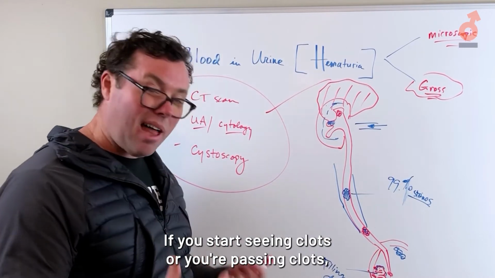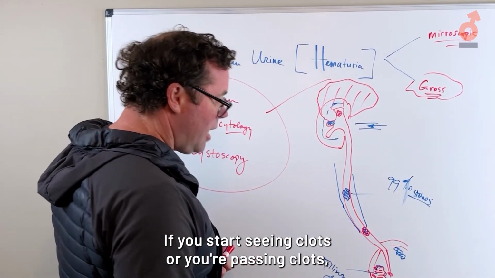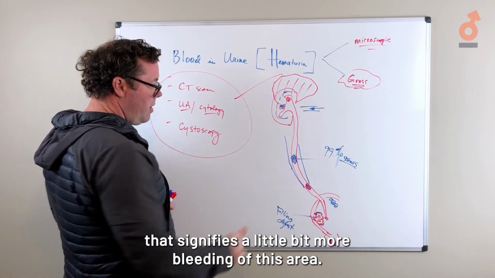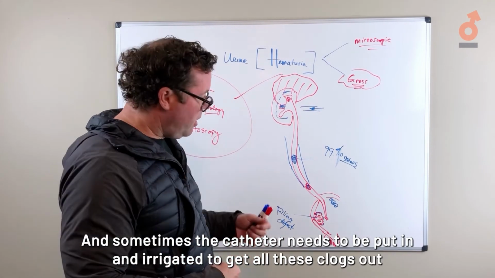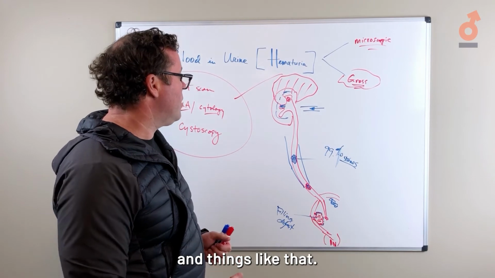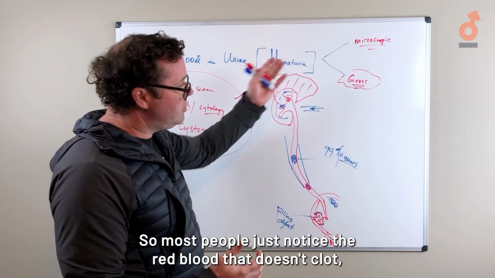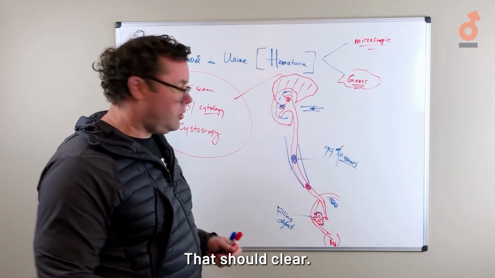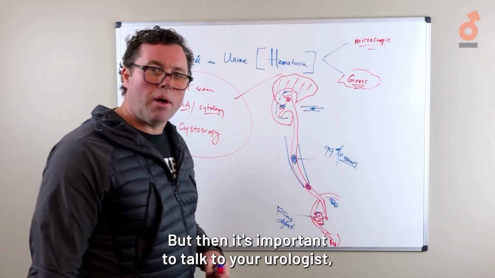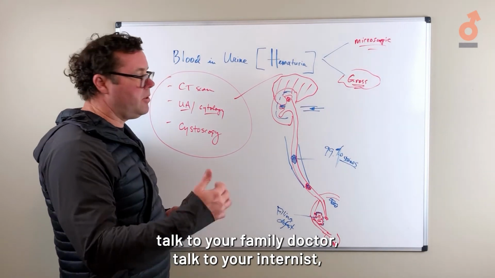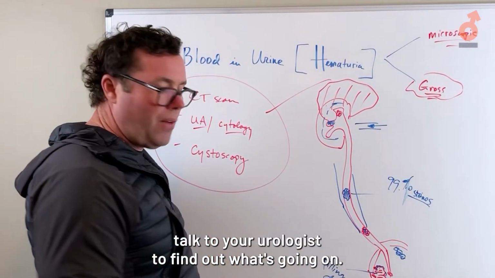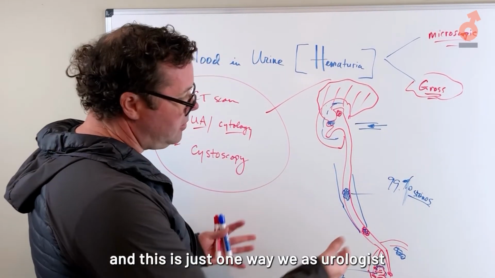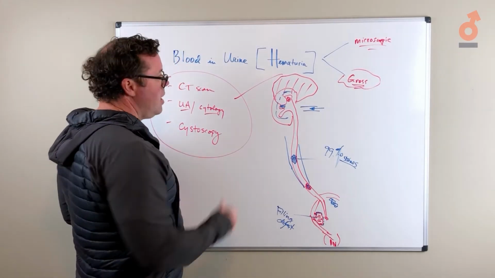If you start seeing clots or you're passing clots, that signifies a little bit more bleeding of this area, and sometimes a catheter needs to be put in and irrigated to get all these clots out and things like that. So most people just notice the red blood that doesn't clot. Increase your fluids, it should clear, but then it's important to talk to your urologist, talk to your family doctor, talk to your internist to find out what's going on. This is your health. Your health is important, and this is just one way we as urologists help take care